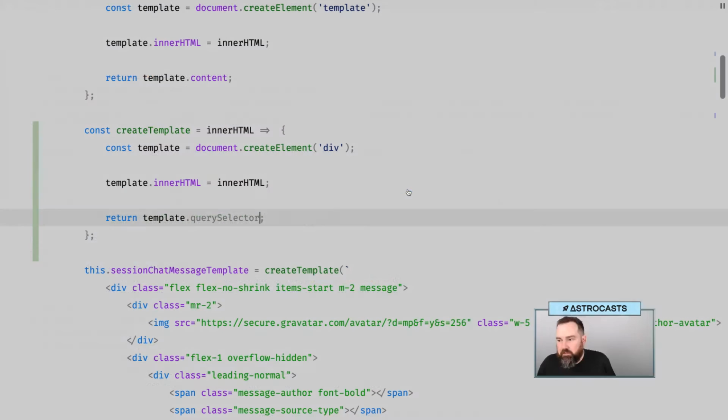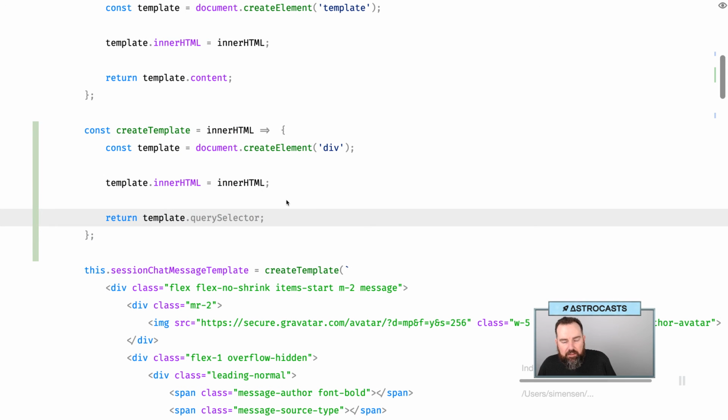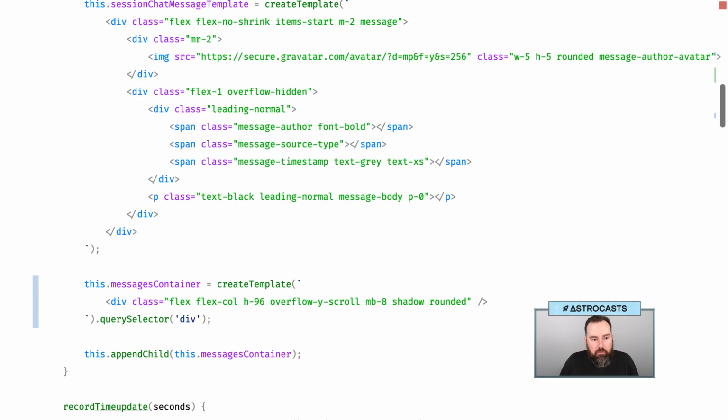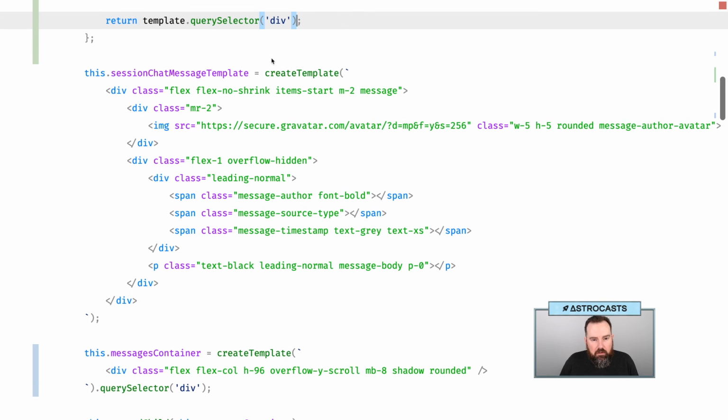So since I'm building this on my own, I think I can say that it has to have a root div. I don't think I have much choice, actually. So let's see how this works. So message is probably going to break for its own purposes due to the fact that it's going to be assuming it can call